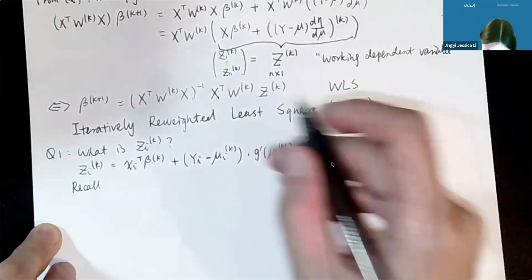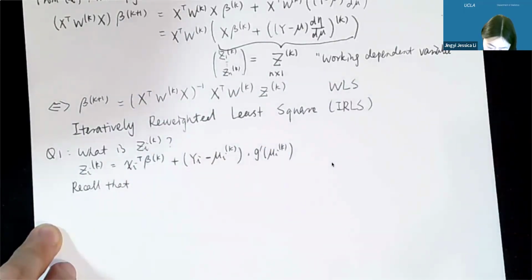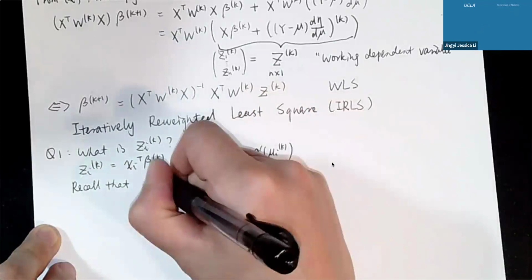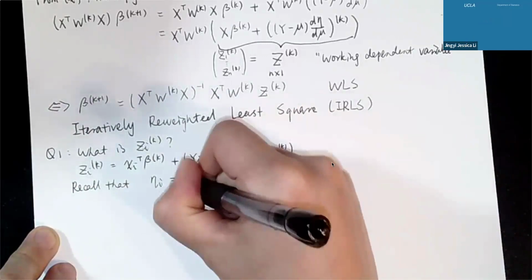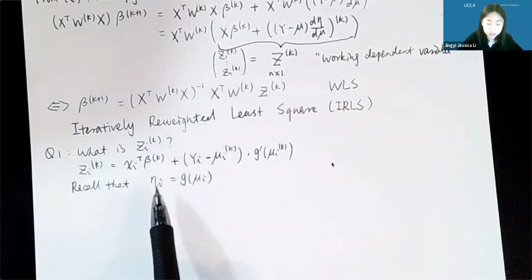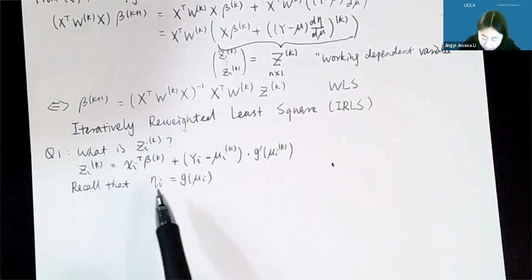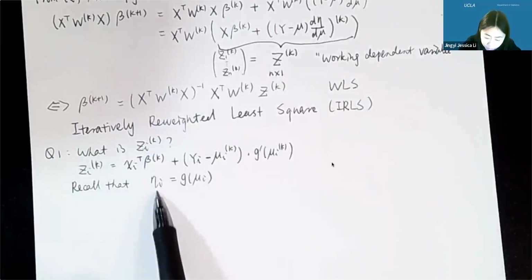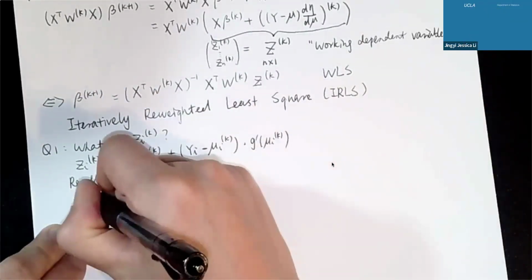Recall that eta_i, the linear predictor, is equal to g(mu_i), right? This is in the systematic structure. And then eta_i itself is x_i transpose beta. Then if we want to do a Taylor expansion of eta_i around the current value of mu_i, which is mu_i^k, then by Taylor expansion,